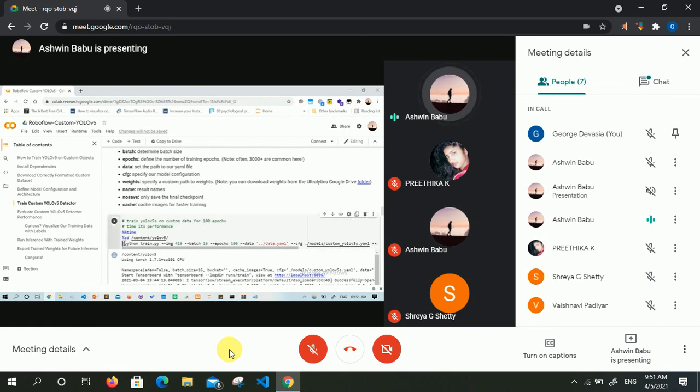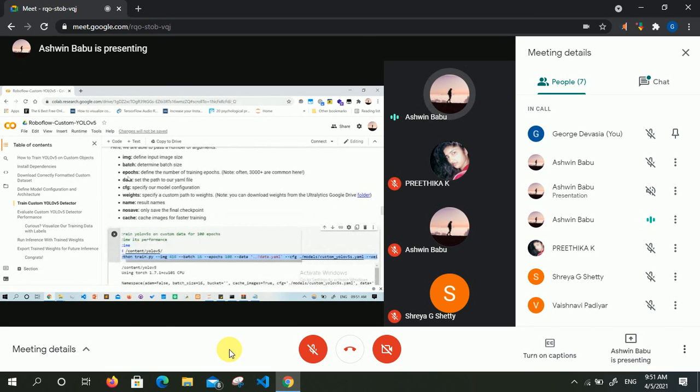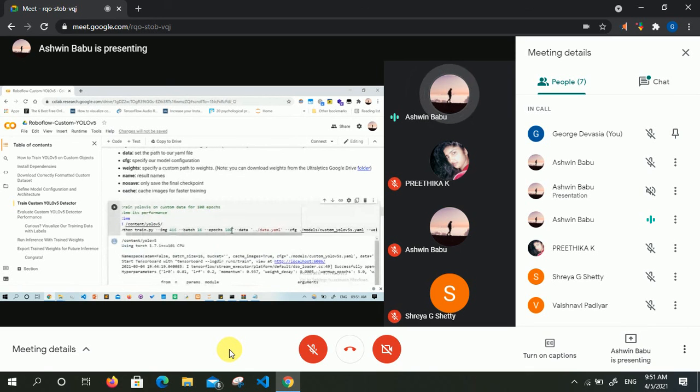In the next line, this is where we are going to train our neural network. While training, we will mention the epoch, learning rate, etc. For example, in this notebook I have put the epoch as 100. If you don't understand epoch, just tell me and I will explain it again.